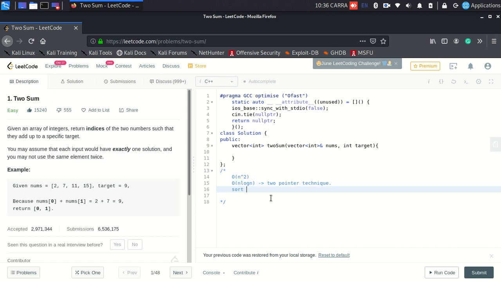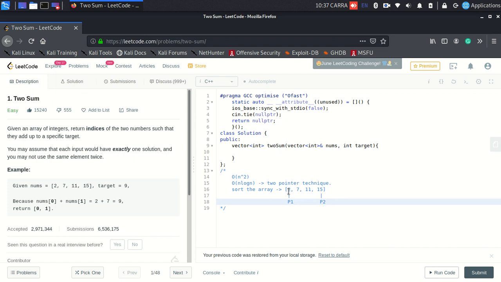First I'll sort the array. Let's say I've been given this particular array 2, 7, 11, 15. It was sorted earlier also, but it's not guaranteed that it would be sorted, so I'll sort the array. When I sort the array, I maintain two pointers. I'll start the first pointer at 2, this is P1, and I'll start the second pointer at the last element, that is P2. Since the array is sorted, it's guaranteed that P1 is the least element and P2 is the maximum element in the array.